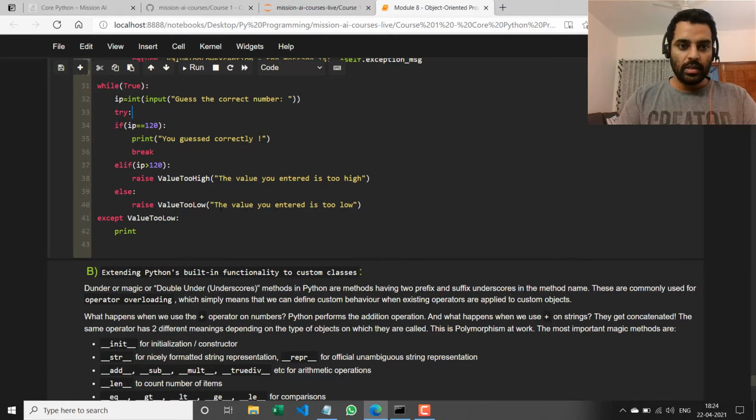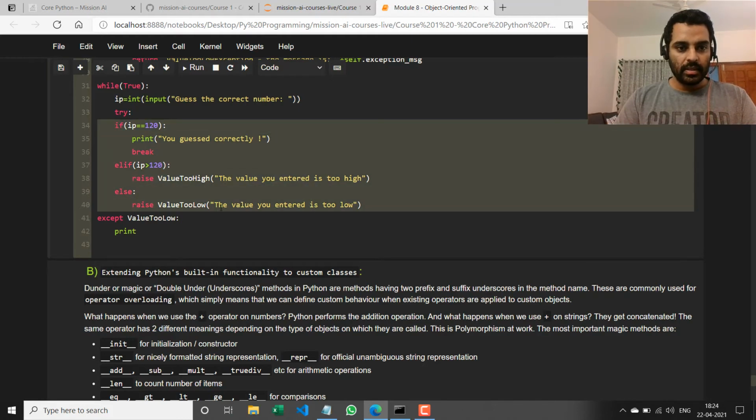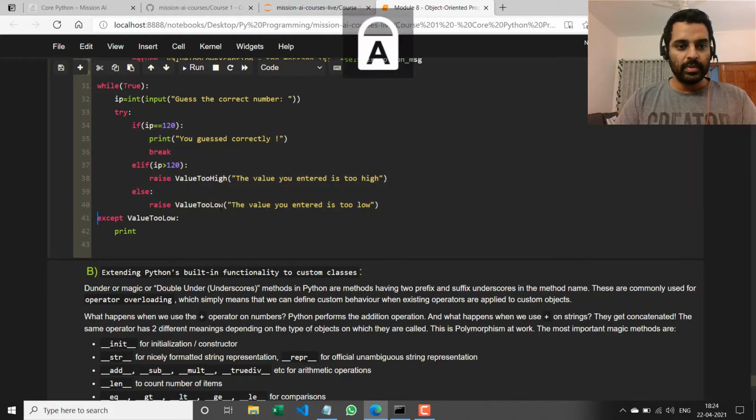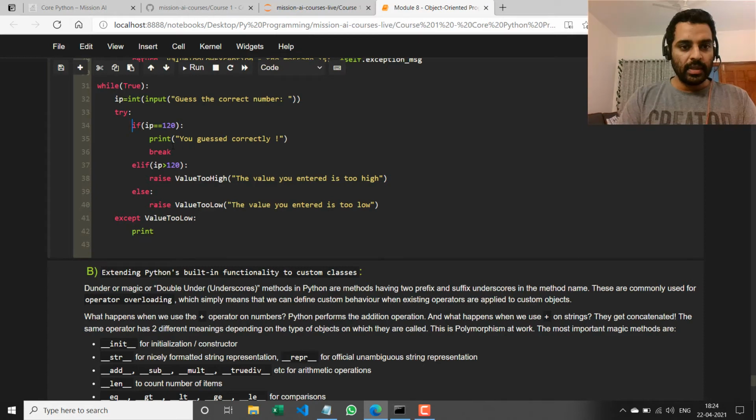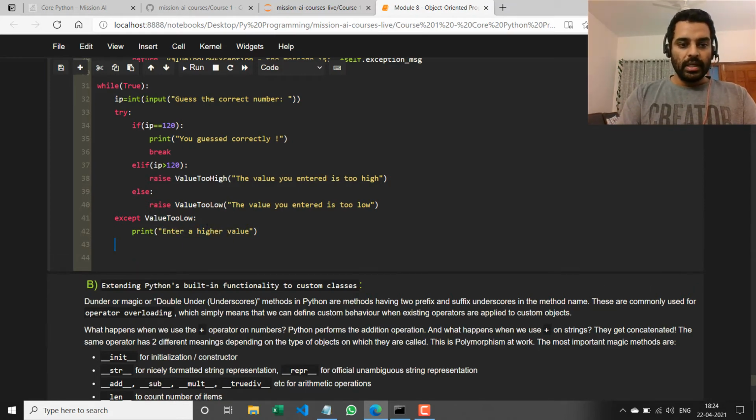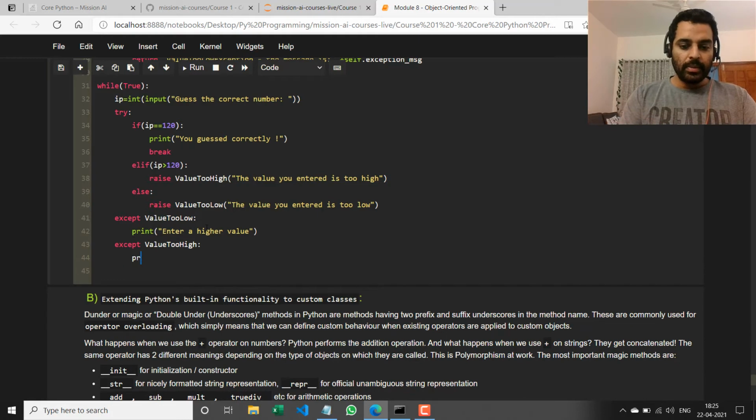I'm going to say try here, and this part I'm going to indent and say it's a part of the except, right? So this part of the code I'm putting in a try, and if I catch a value too low exception, I'm going to print enter a higher value. And if I catch a value too high exception, then I print enter a lower value.